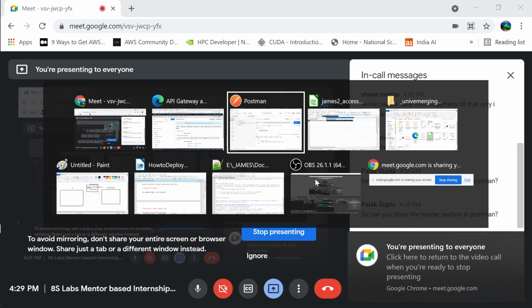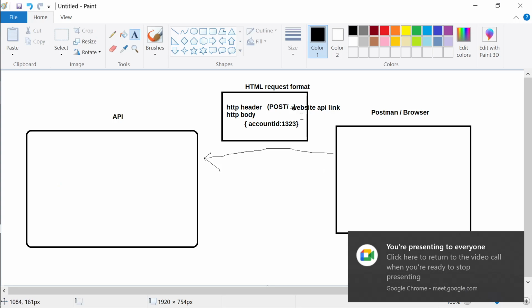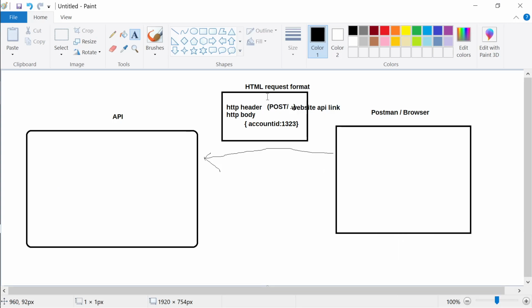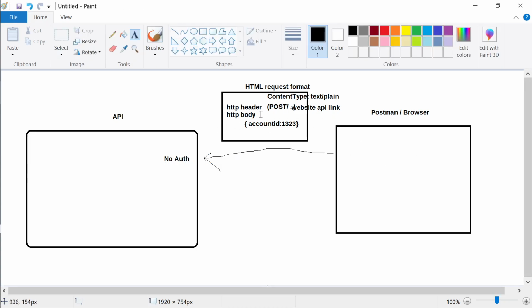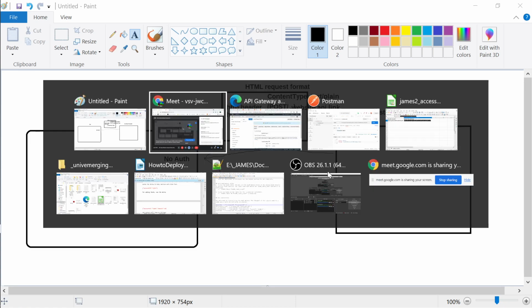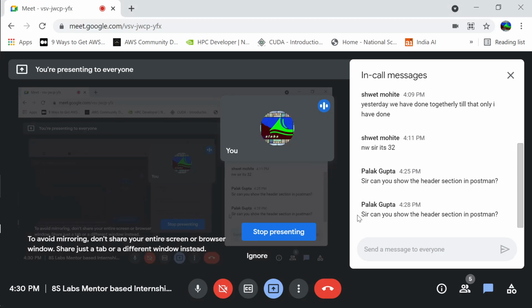So here in the header section, as I said, it should be post, content type should be set over here, it should be text slash plain, and no authentication should be there. Here there should be no authentication in case you don't want to pass access key and secret key, so there's no setting should be there. Now is it okay, Palak?